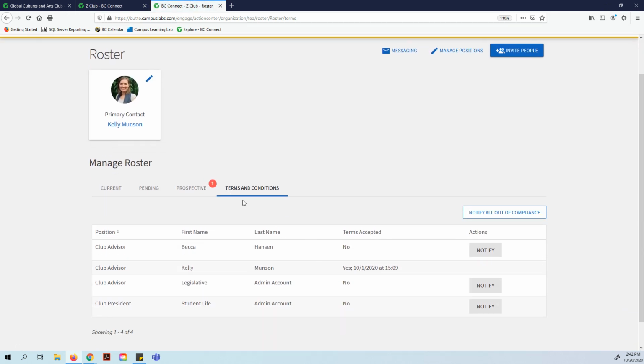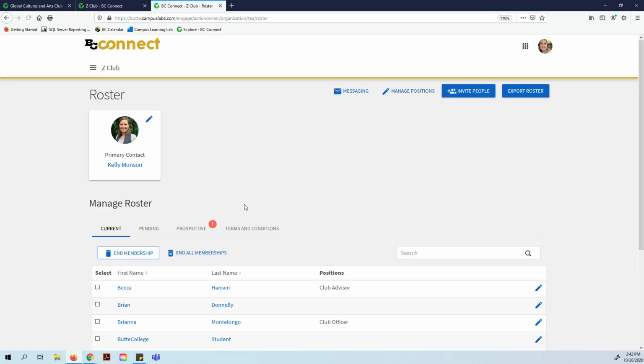We don't have terms and conditions available or required for any other level of membership at this time. But if we did, this would be an area where you could see that one of your members may need to agree to the terms and conditions of your organization. So I'm going to go back to our